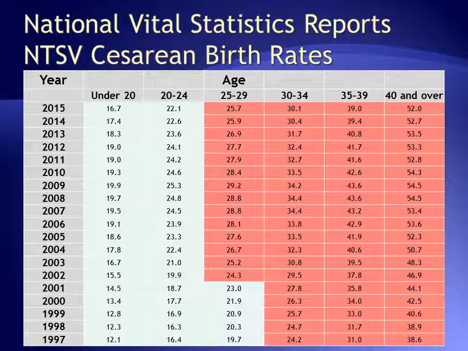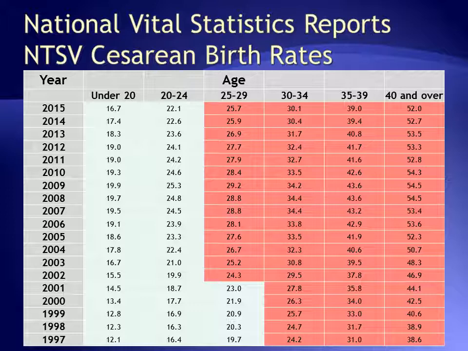As a result, Healthy People 2020 has set a national goal of 23.9% for cesarean births to NTSV patients. The Healthy People 2020 national target represents an average for the entire nation. Unfortunately, some organizations like the Leapfrog Group have misinterpreted this national target as a target rate to be achieved by each and every hospital. It is mathematically incorrect to compare a hospital's unadjusted NTSV cesarean birth rate to the national